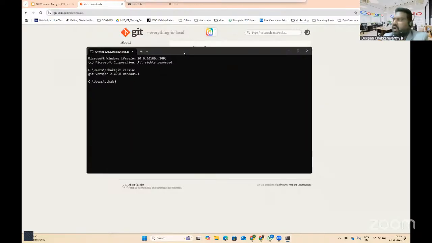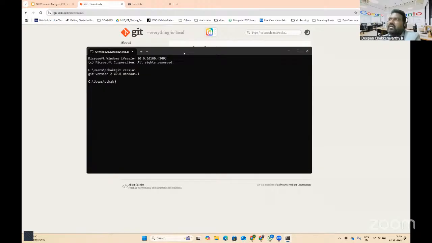Again, all these terminals, including Git Bash, command prompt, PowerShell, are only for the initial learnings. Going forward, we have many more GUI based clients. Whatever we are doing via commands, we can typically do by using the GUIs, the typical user interface.